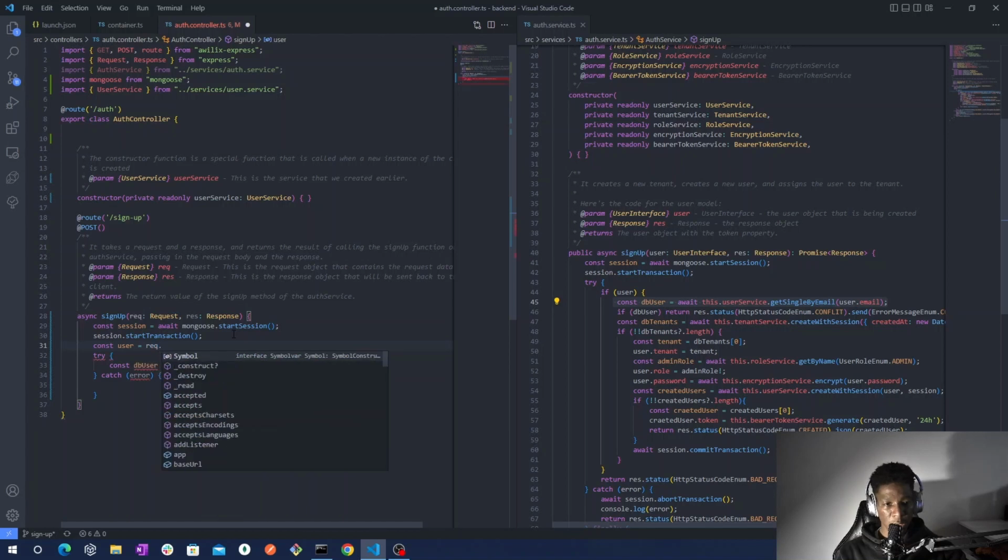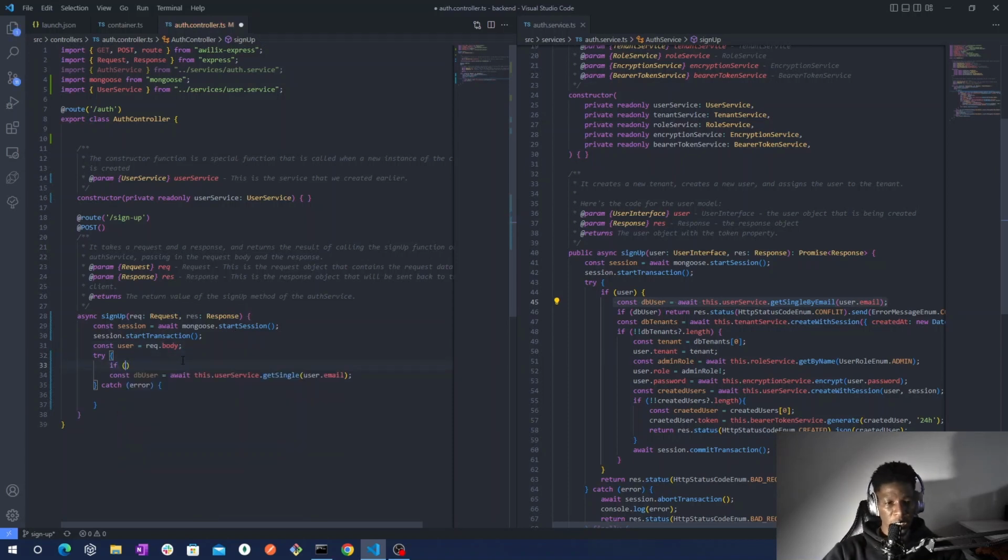So the user is request body. And now we will check if we have a user. If we don't have a user, I will just return a bad request, because in our case that means that if you don't send anybody, typically you are making a bad HTTP request call, so we just return a bad request